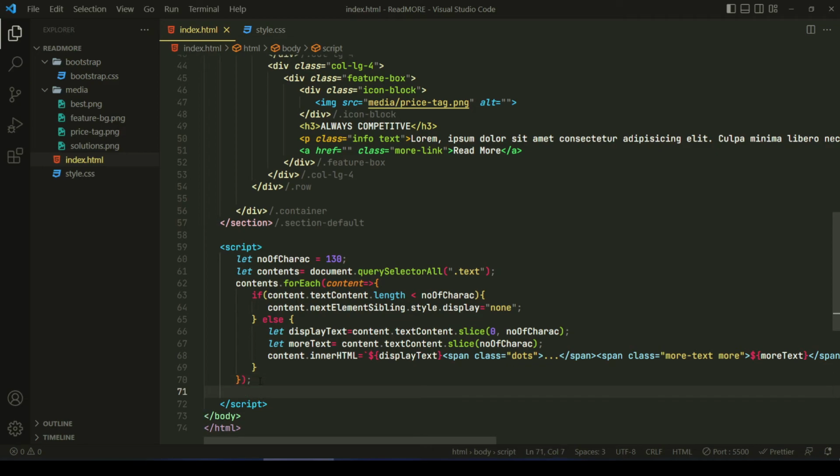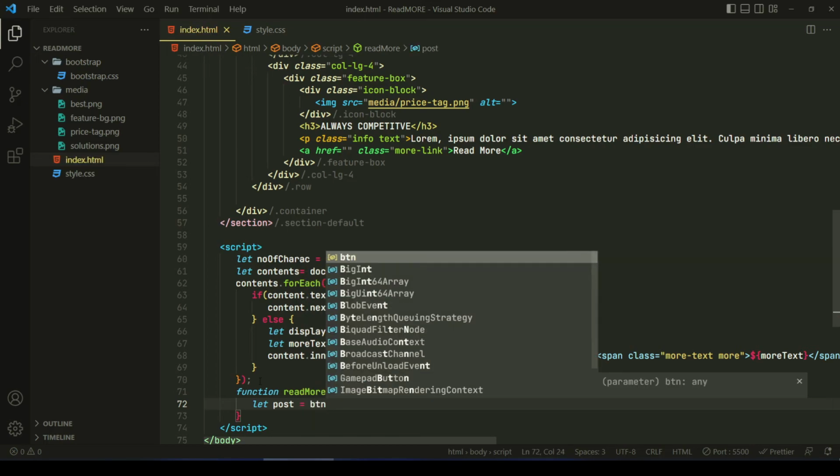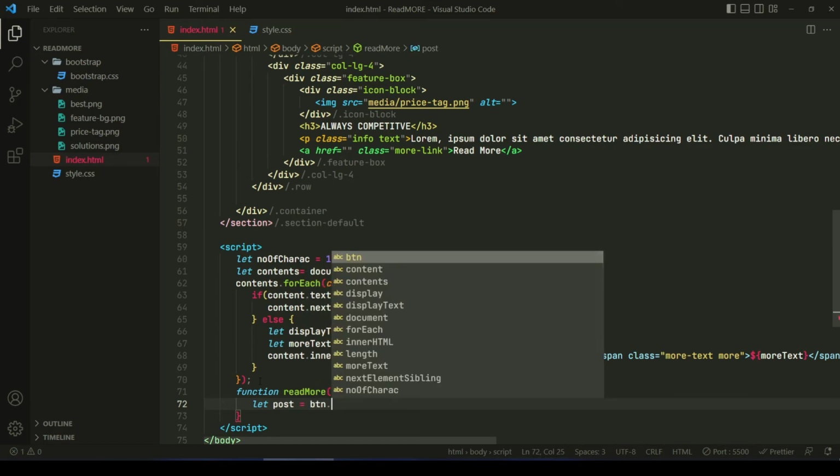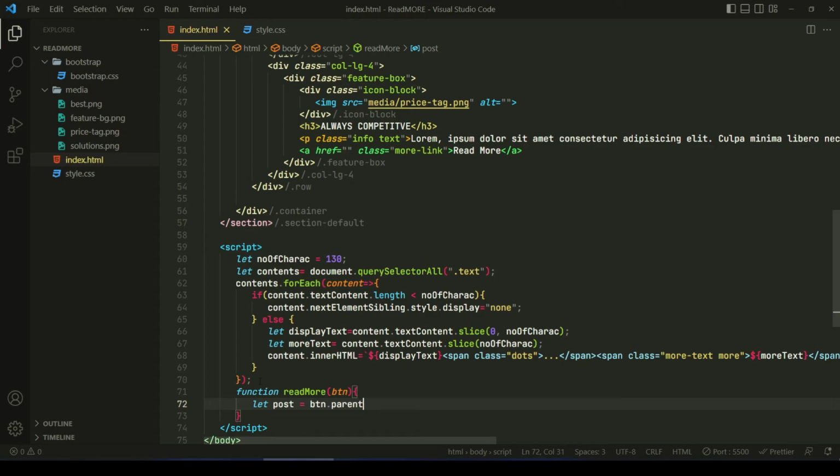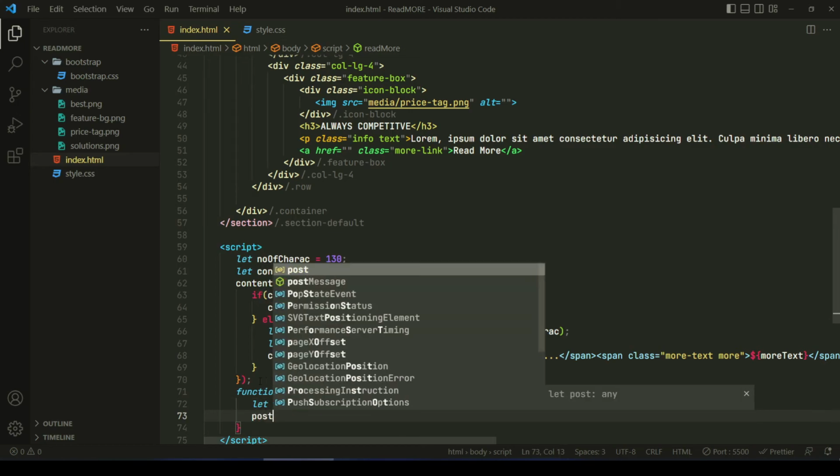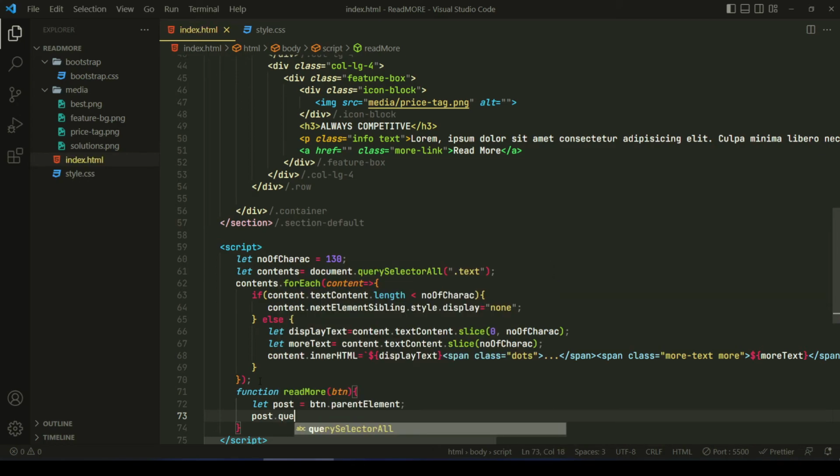After content we will be putting here function read more button, here we will write another let tag post to, now calling the function parameter btn parent element, here it will be parent element semicolon. Now we will put here post dot query selector,